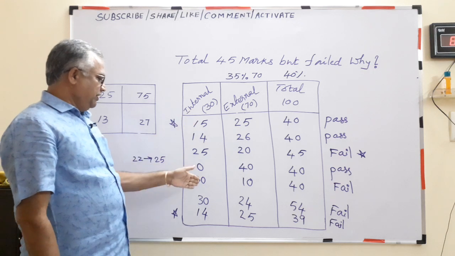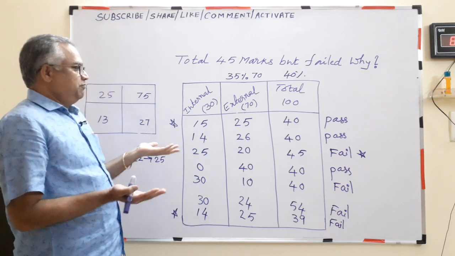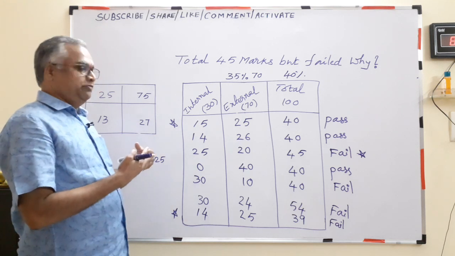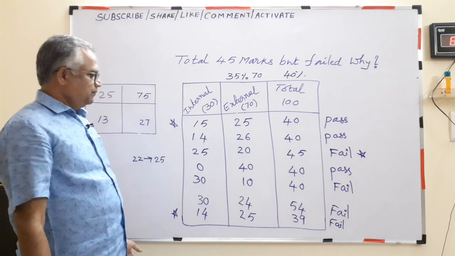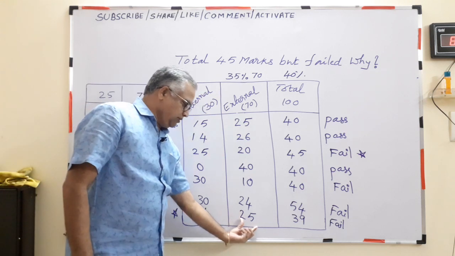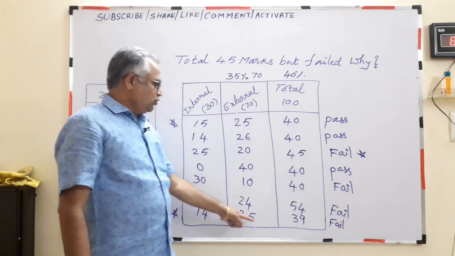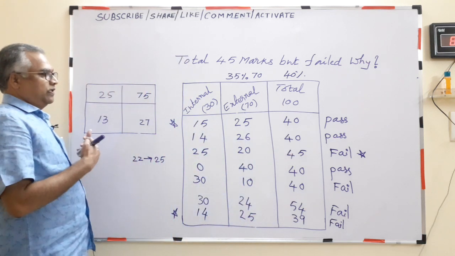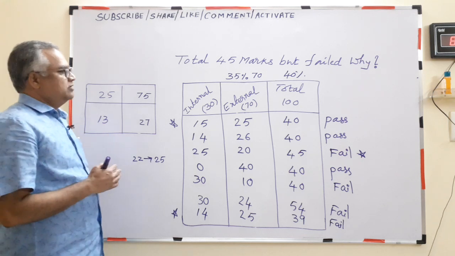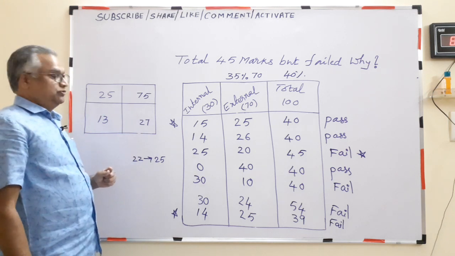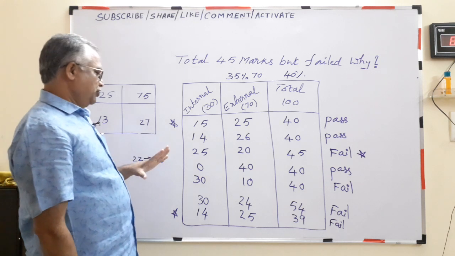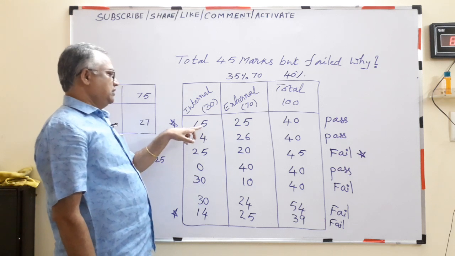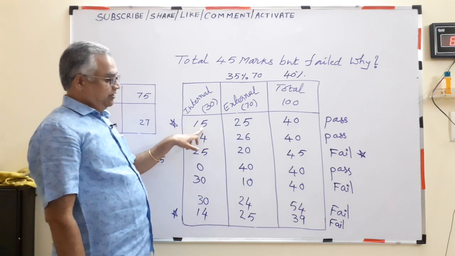If you are getting below 15, the external paper may be tough, or you might not have done well. The evaluator may be so strict. If you just borderline got the pass marks, but the total remains less than 40, you will fail. So my request, my appeal to all the students, engineering students, is to try to focus on improving your internal marks. It should not go below 15 at any cost.